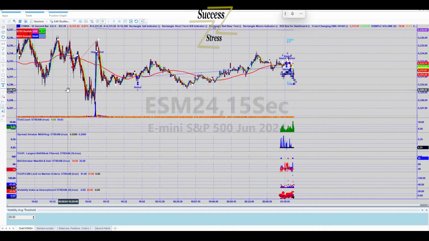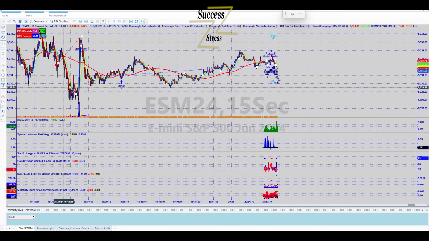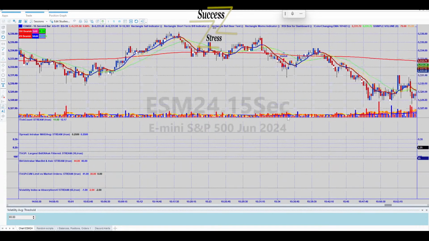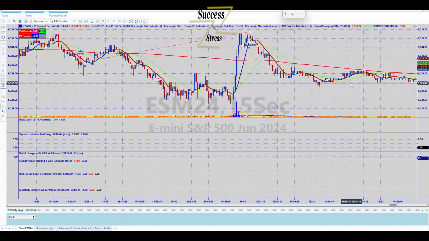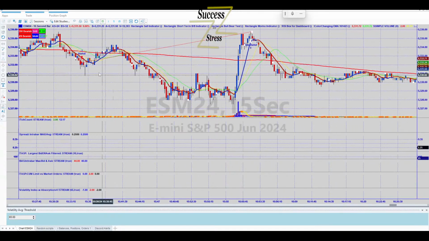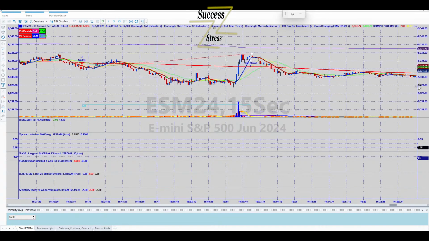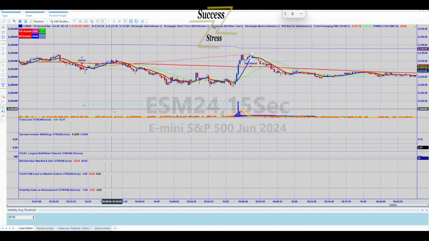Now what's going on here? Because I guess this holds the orders, holds the order lines. So I guess when it got in a position to sell short there, it was looking for a profit down here, and looking like it stopped out up here. But I don't see an order line up here.